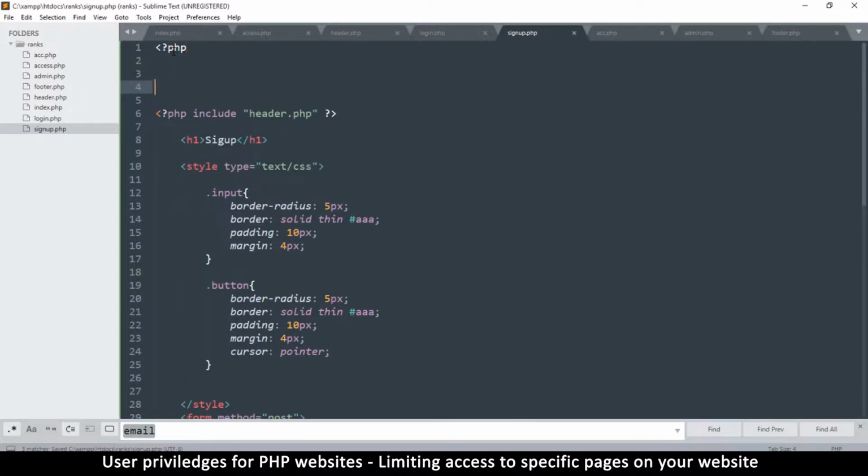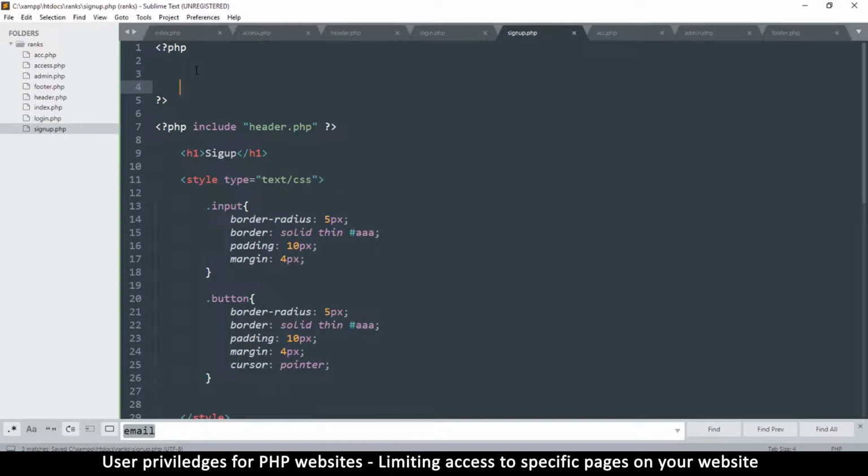PHP tags. And I will close them there. So I just want us to know when something is posted. So I'll use my server here to do this. So I will say server, like that,